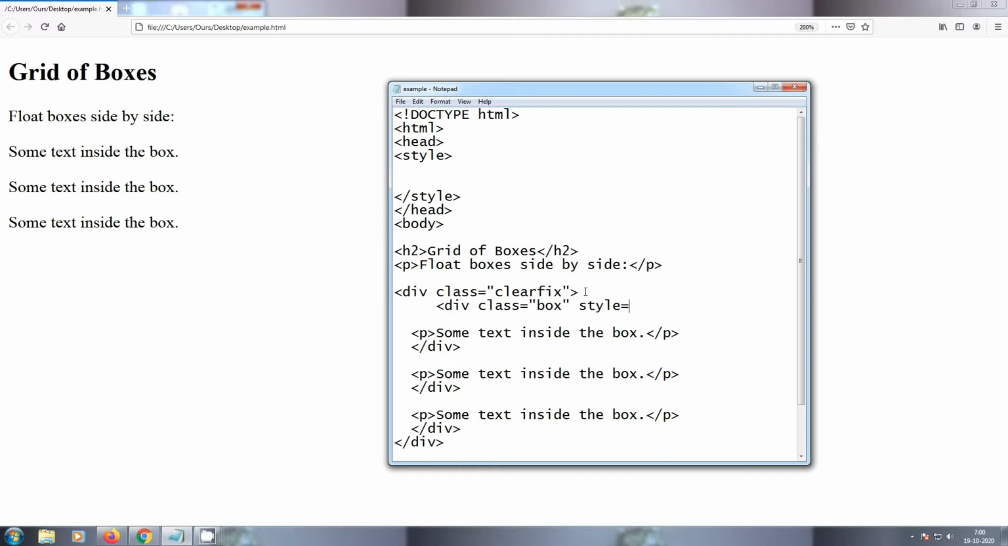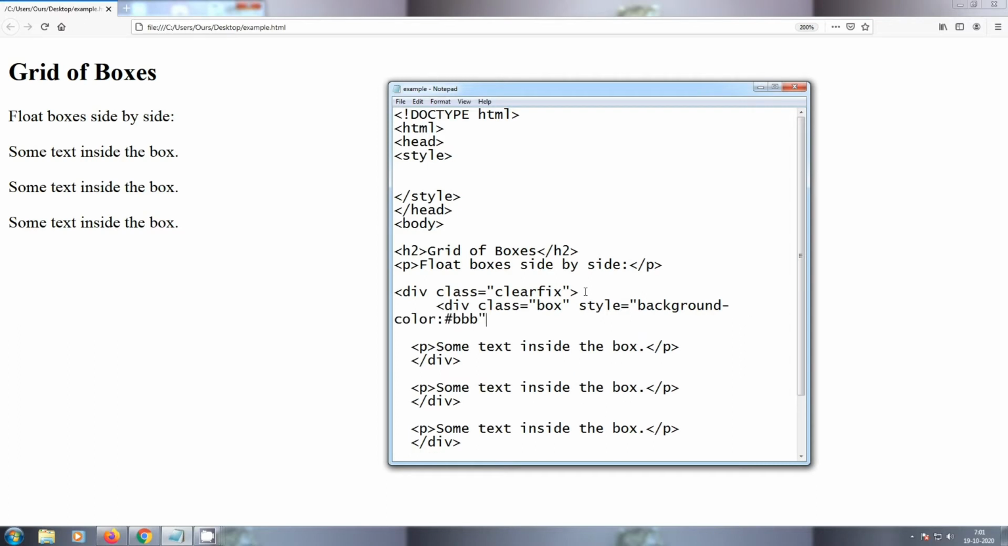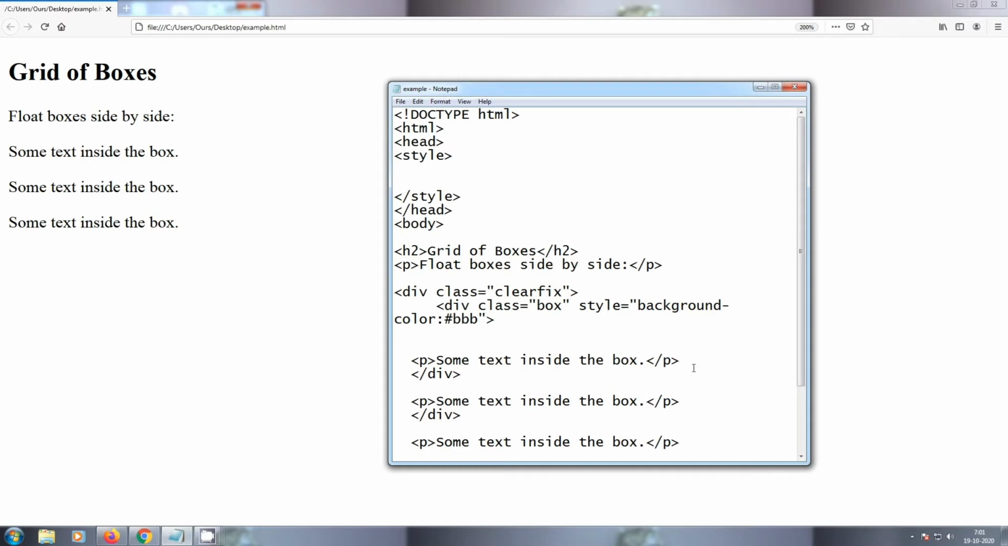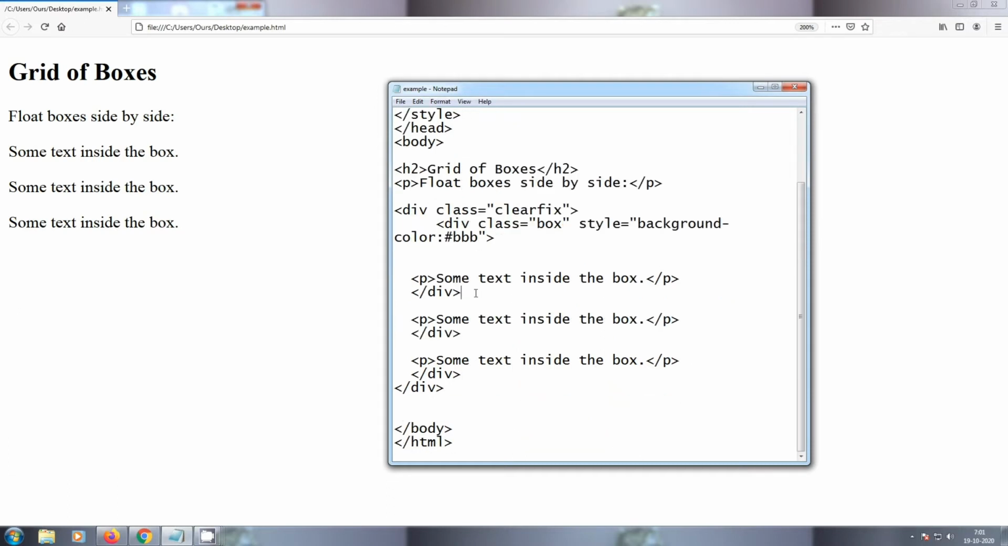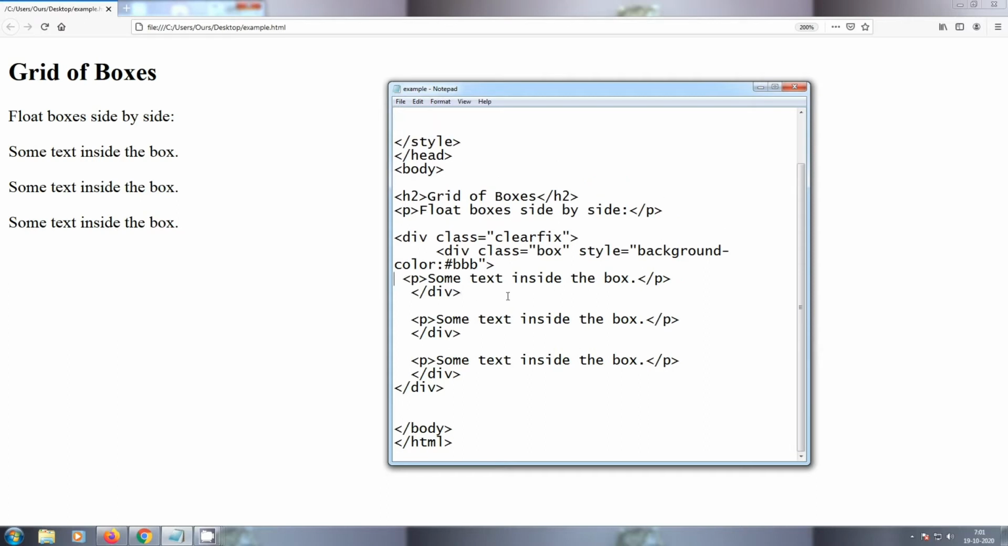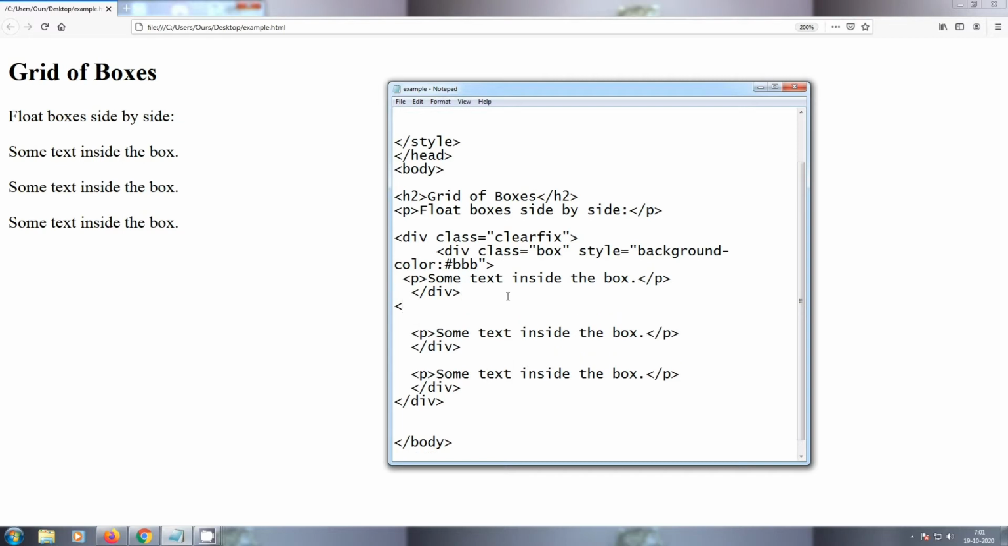box I'm going to write the background color, like hashtag BBB, and closing the brackets, and I'm going to end this over here. So I have already written the end tag, and next I'm going to use another div element so that the second box can be created. So div element same as the class is equal to box,